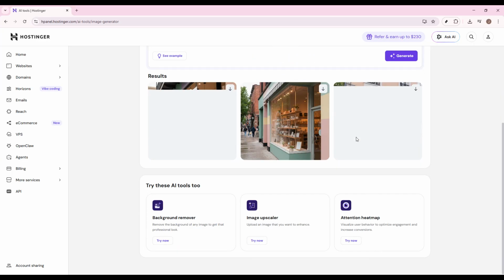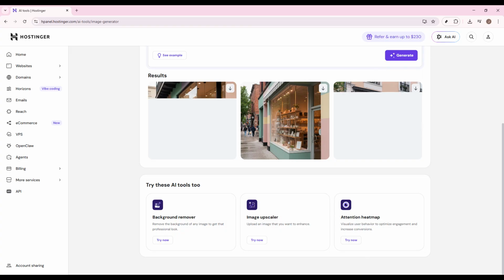That's the basic process for using AI tools in Hostinger. You log in, open AI tools from the left menu, select the feature you want, click Try Now, enter your prompt, and then hit Generate. It's a simple workflow, but it can save you a lot of time when creating content or experimenting with AI